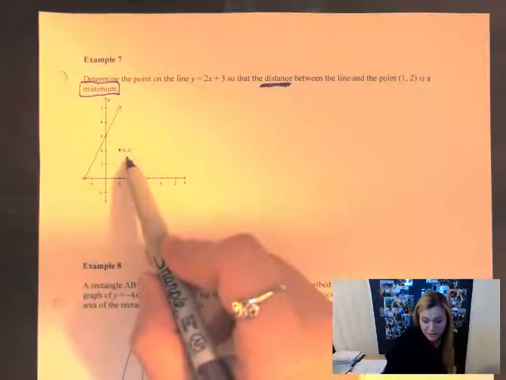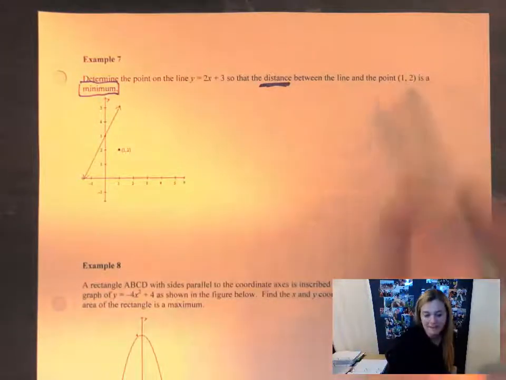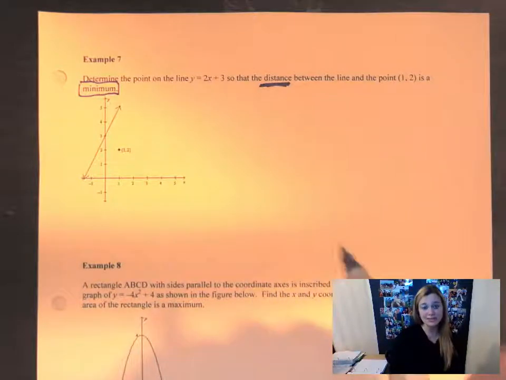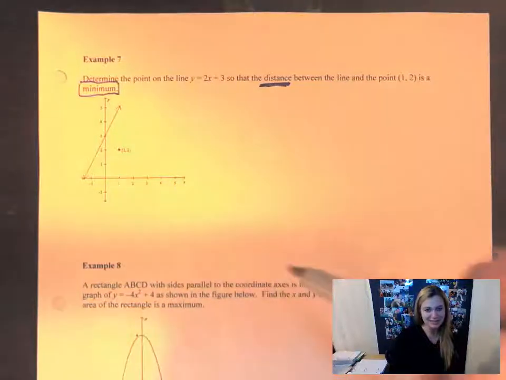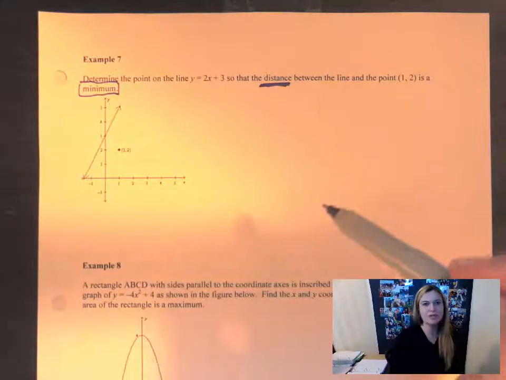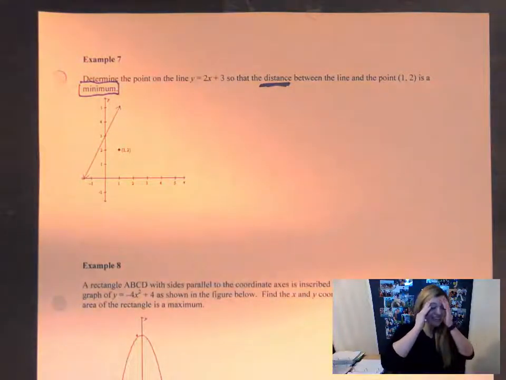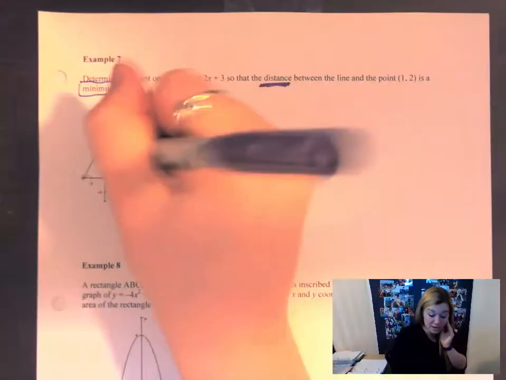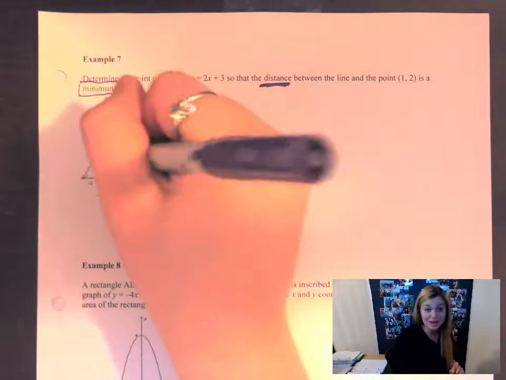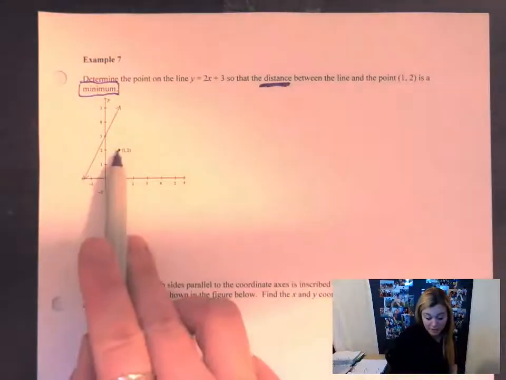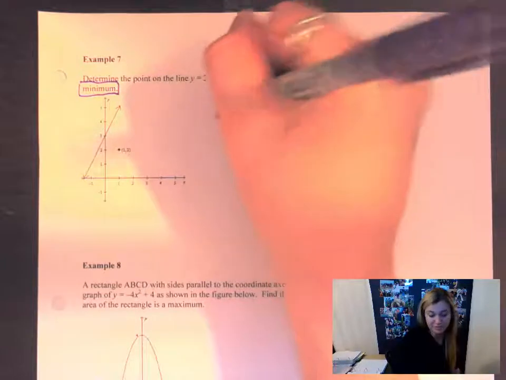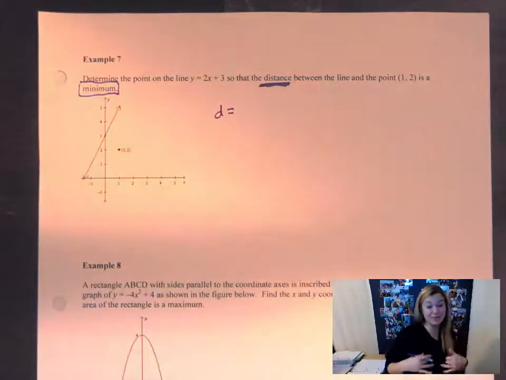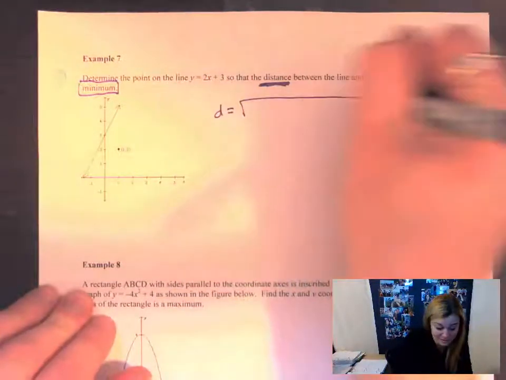This is the point 1, 2, and you can see that over here. So distance is the minimum. That's what I want to take the derivative of. But if I think about distance, I wasn't given this formula. You have to go back into your mind and be like, oh, what will be the shortest? Well, the shortest would be wherever I make a 90-degree angle over here, from here to here. And the distance formula is given by using the Pythagorean theorem from a long time ago and solving for d, or you can remember it like this, the distance formula,